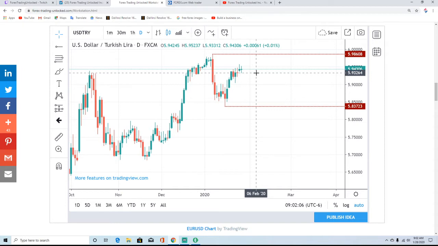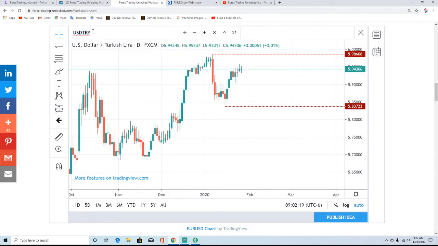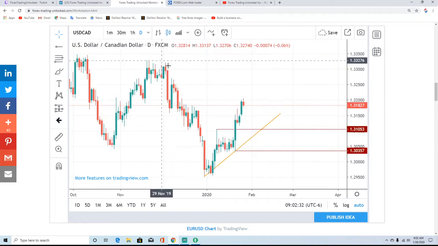But remember, right now we have a lot of dollar strength going on, and as long as we have dollar strength going on, we're going to look at this as still bullish, looking for a challenge of this upper 598 area. So if you're looking for some of your lesser currency crosses that are definitely looking to start swinging around, I would say your peso and your Turkish lira are definitely your start. Now we're going to start going back into your majors, because here's where we have some interesting things manifesting.